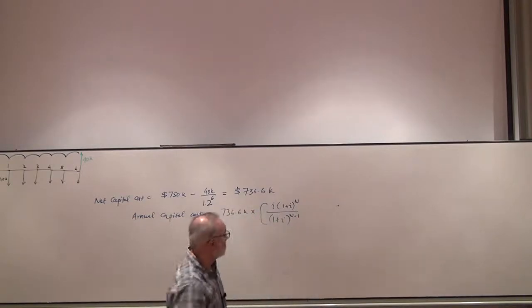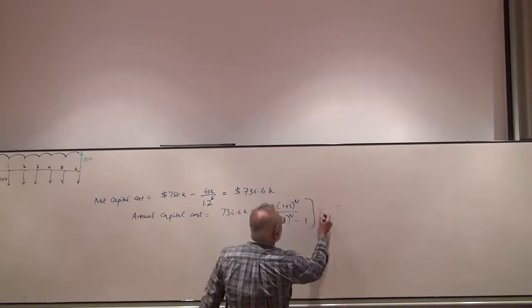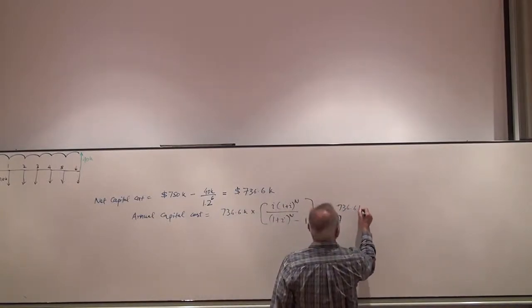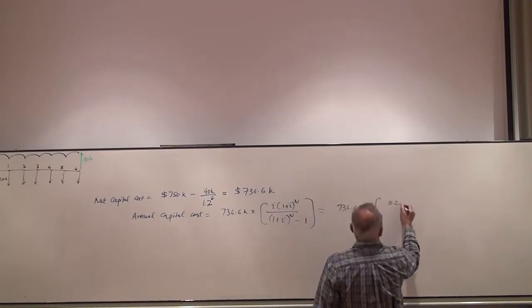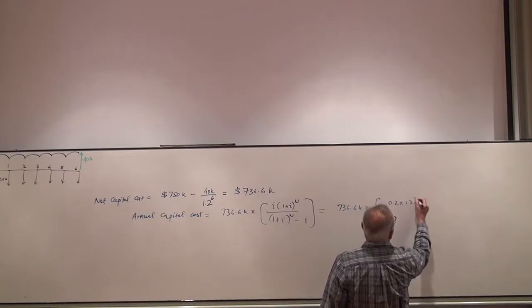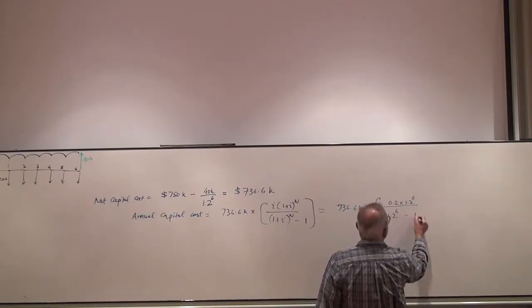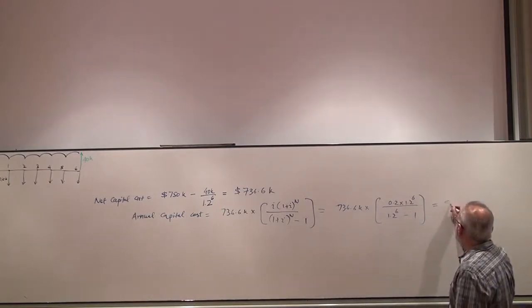Minus 1 is down here. And we have 736.6K multiplied by 0.2 into 1.2 raised to power 6 divided by 1.2 raised to power 6 minus 1. So this will be